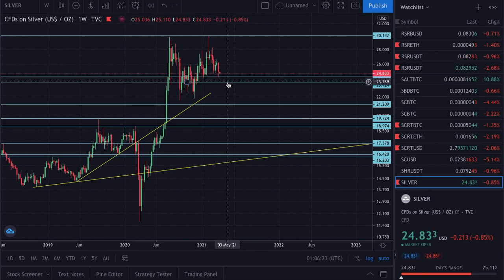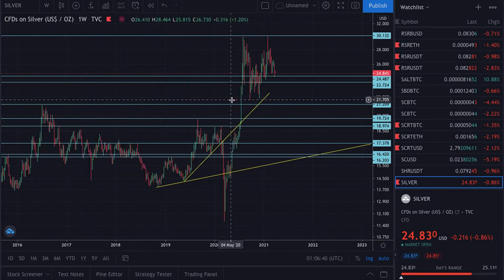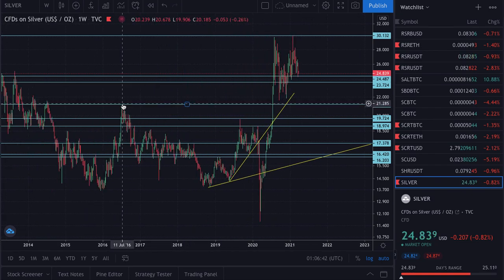I need it to stay above 23.70 in order for me to say that we might continue upwards. We might be in a consolidation pattern, go sideways and then up. If it breaks much lower than 23, I'm going to say we're moving down to the next target. Where is my next target? Right here at your $21.20 mark, roughly $21.20. The thing is though, it's so close to these other two spikes down that I'm going to have to say